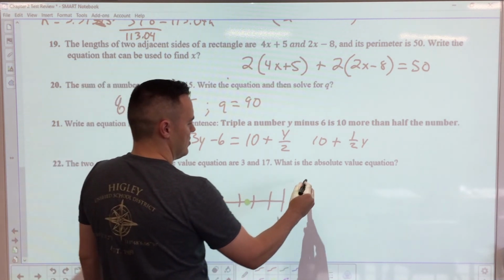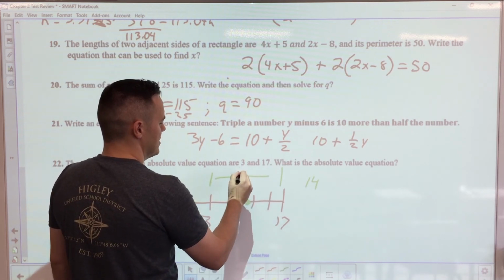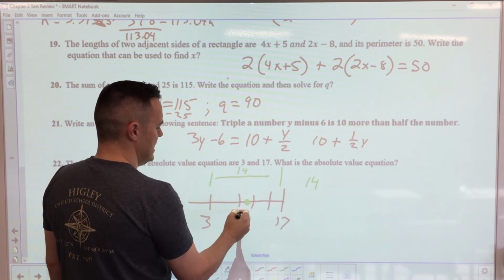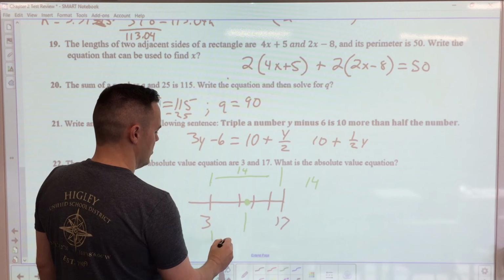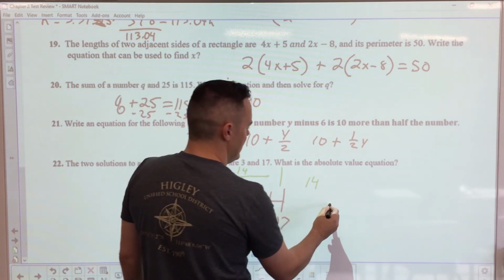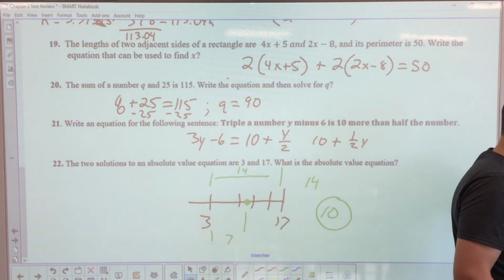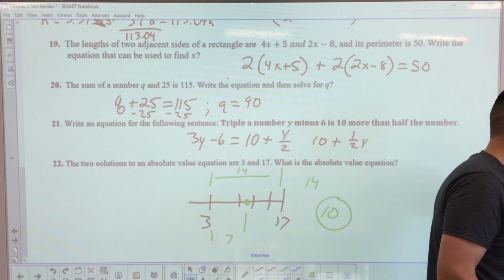So 17 minus 3 is 14. Okay, so from here to here is 14. Cut 14 in half, and it would be here to here is what? 7. So what is 3 plus 7? It is 10. Okay, so if you remember from that, how you write the equation, ladies and gentlemen, it would be,